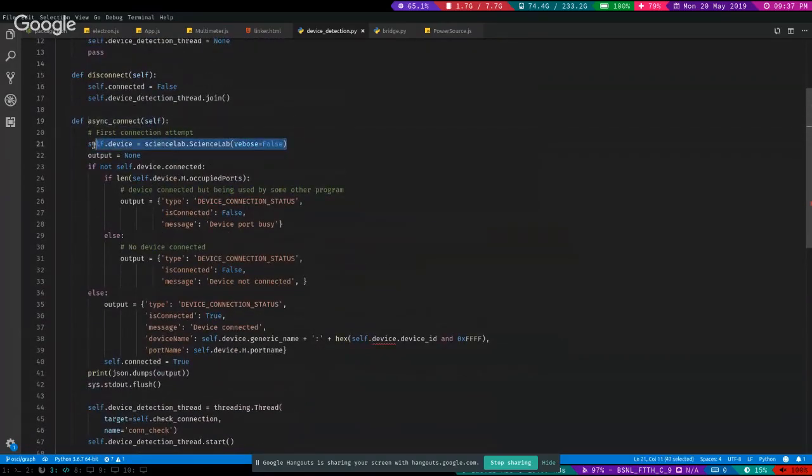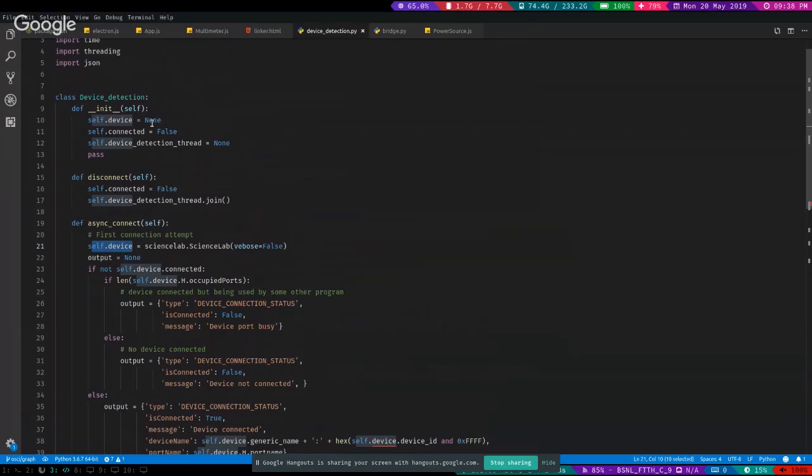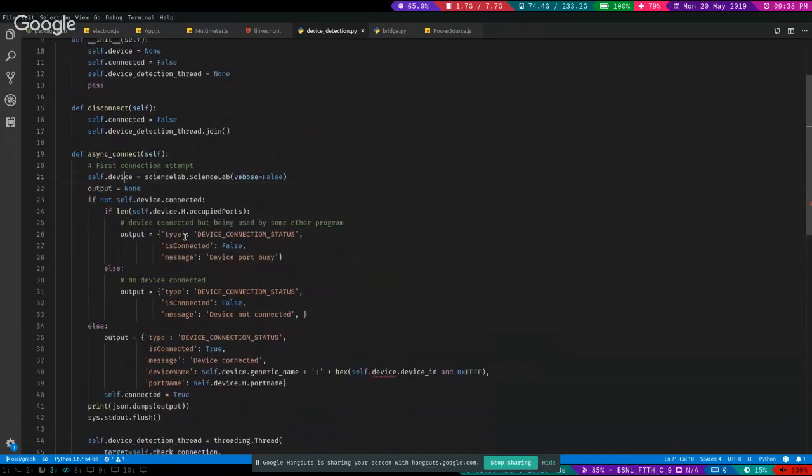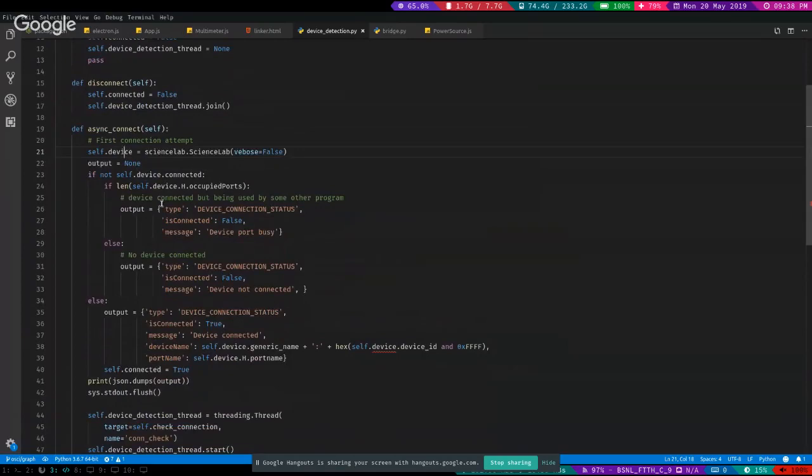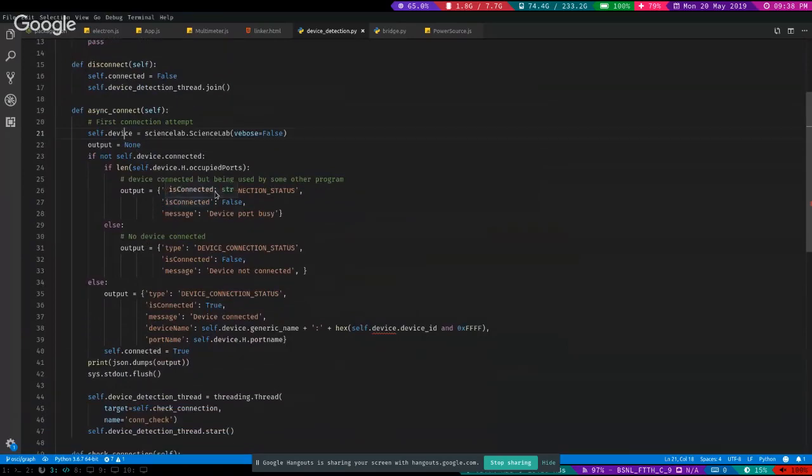using this function. If your device is connected to your laptop, this will be set to something not none, some xyz value, but not none. When you initialize this object, I set this to none, and when I check for connection, I just do an equivalence check. So if your device was not connected, what it will do is tell the,